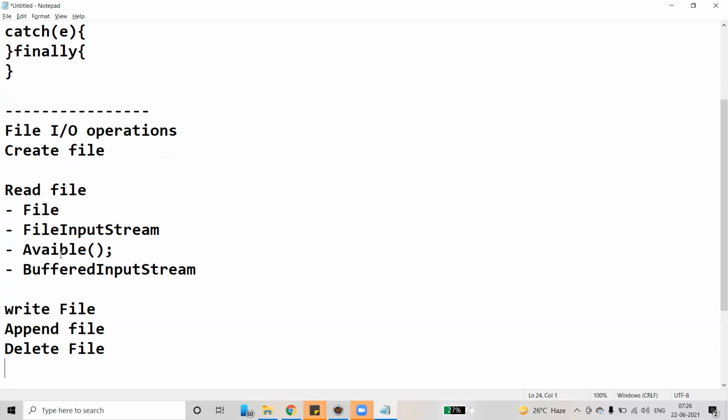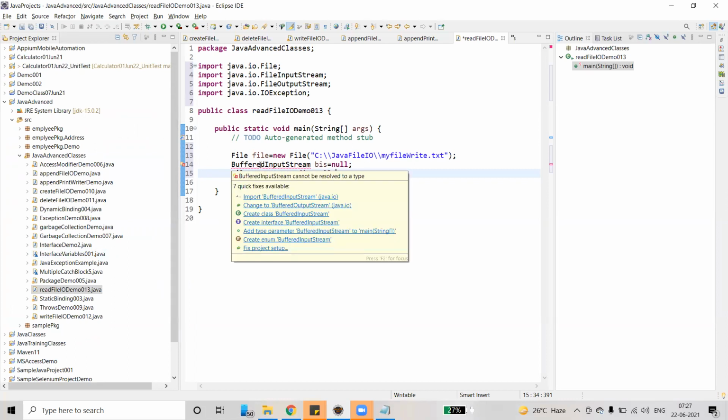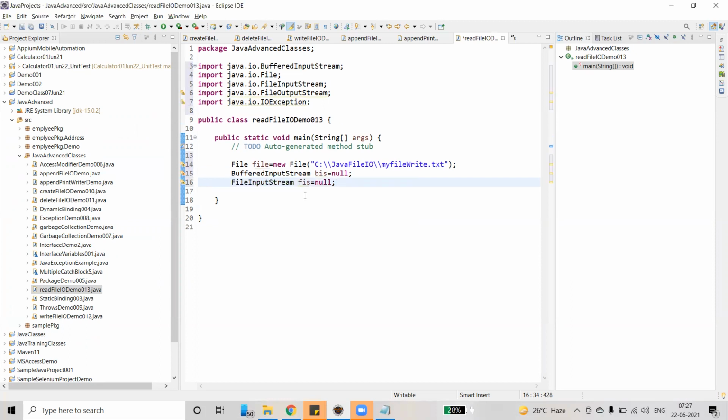Buffered input stream and file input stream. Yeah, initially we have to make both the objects null. Okay, we have to import the class package. I'm just importing BufferedInputStream from java.io. Done. Okay, what next? We have created a file input stream to read the file and pass the file